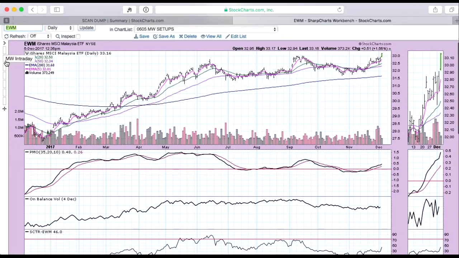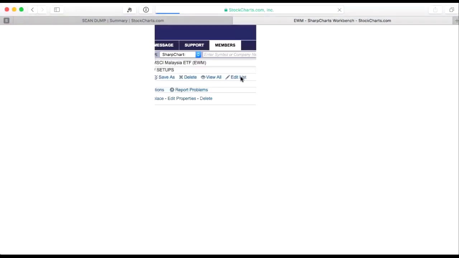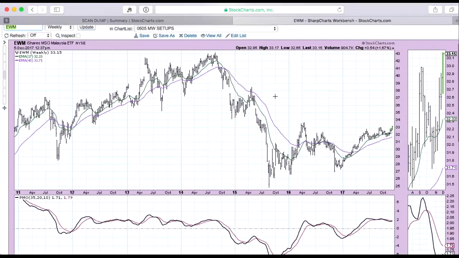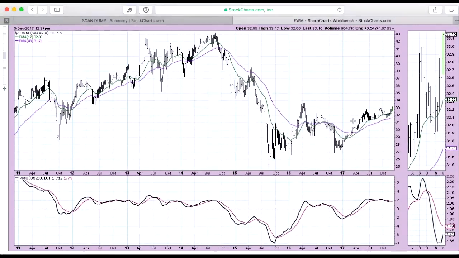So I would go over here to the weekly chart because I want to see some upside potential, and I can't see it on the daily chart. So for me, $34, really nice target. Shouldn't be too hard to reach. And again, if I don't see the target showing up on my daily chart, I'll move it to weekly, because my investment style is a bit more to the short to intermediate term,